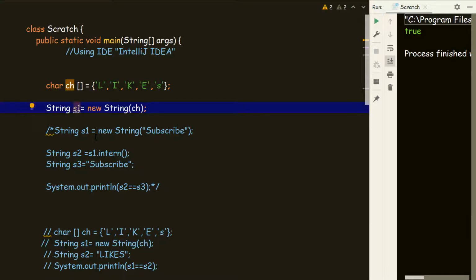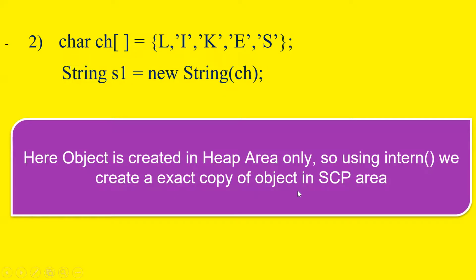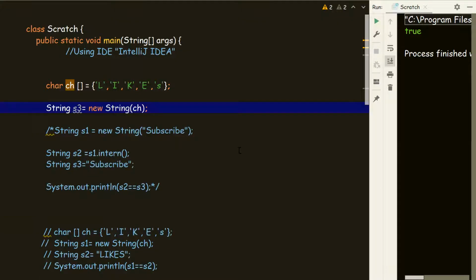Let's give it some other name, s3. Okay. So here only one object is created in the heap area. So for creating an exact copy of the object in the SCP area, we use the intern method.